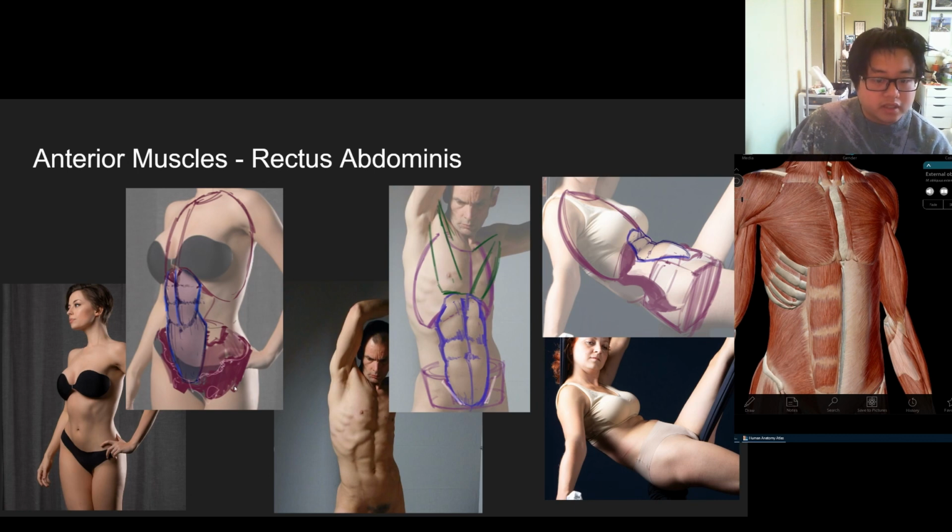The reason that I brought up these 2 images is because I want to show very slight differences in male and female rectus abdominis. Okay, this is not 100% true, but it's just a very general guideline. And that the rectus abdominis for female figures is going to be very violin shaped, while for male figures, we're going to be seeing it in a jagged,